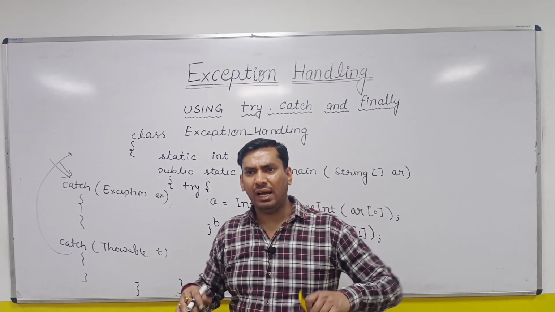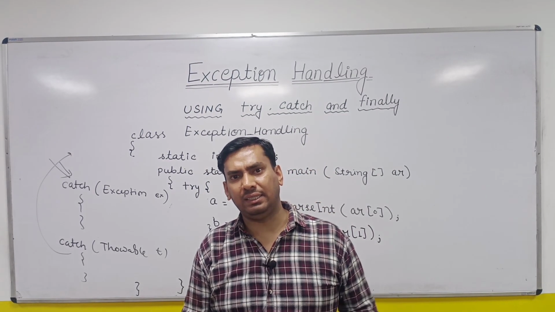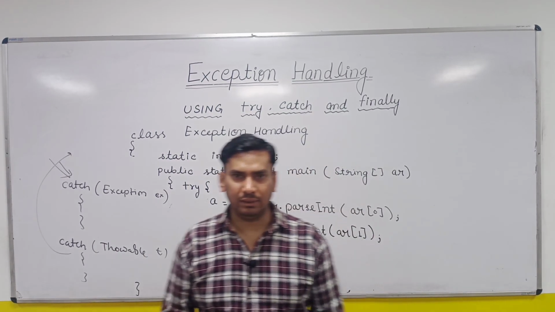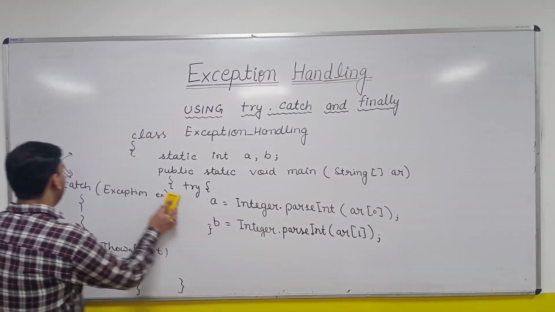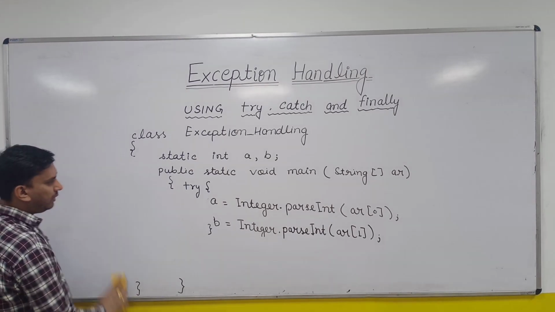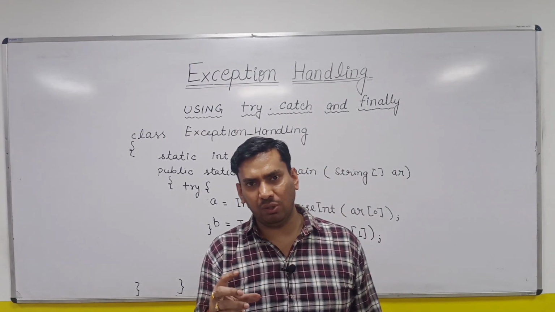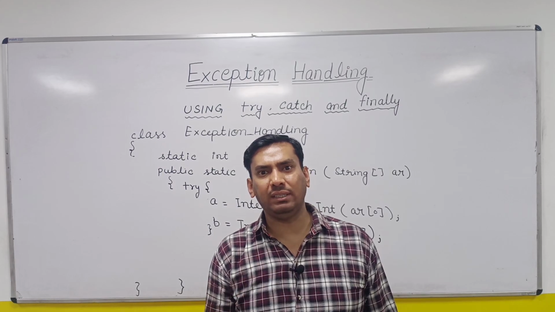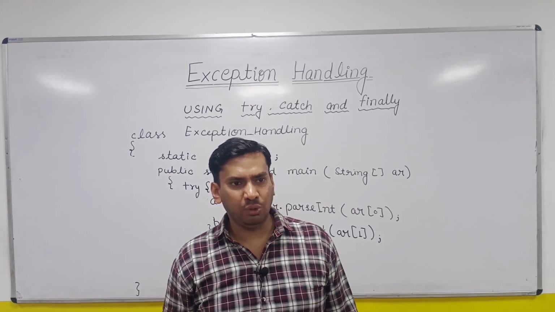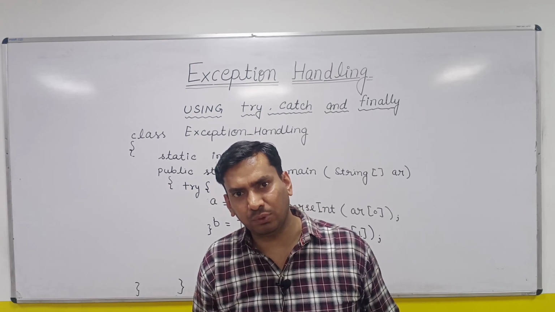If you are unable to find out what kind of exceptions are possible in this piece of code, you can write a generalized catch block, and all types of exceptions can be handled over there. One more concept is there which is called multi-catch. So what is multi-catch? If you are writing a catch block, what is a catch block? A catch block is the solution of some exception, how you want to handle some exception. It might be possible that for two or more exceptions you want to write the same solution.